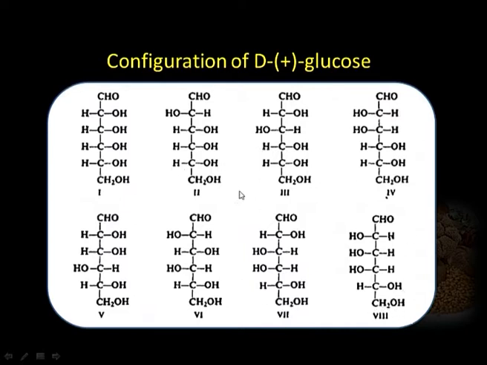For studying the configuration, Fischer synthesized all the 16 aldohexoses: 8 are those written and 8 are the others. At that time it was not known which has which configuration, but he could synthesize all the 16 isomers of the aldohexoses using the Kiliani-Fischer synthesis starting from the 2 isomers of glyceraldehyde. Then D plus glucose was related with minus arabinose by Kiliani-Fischer synthesis.